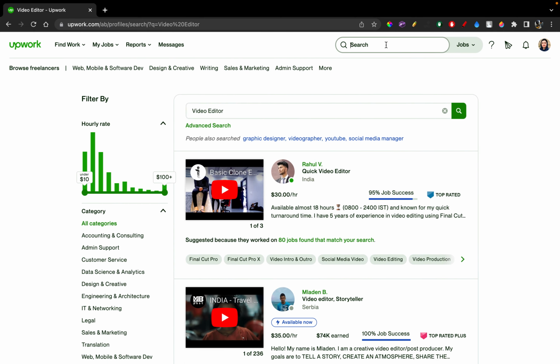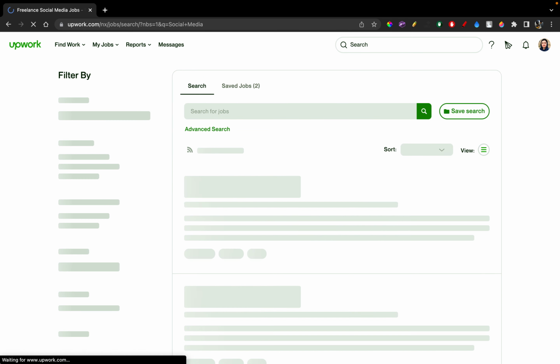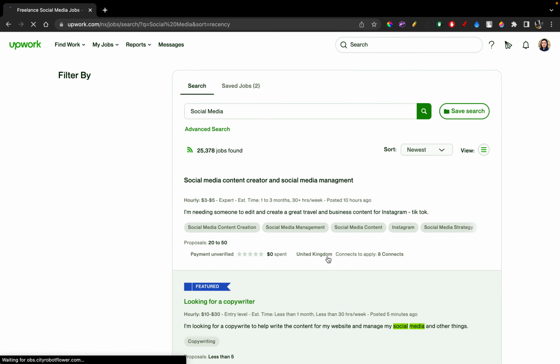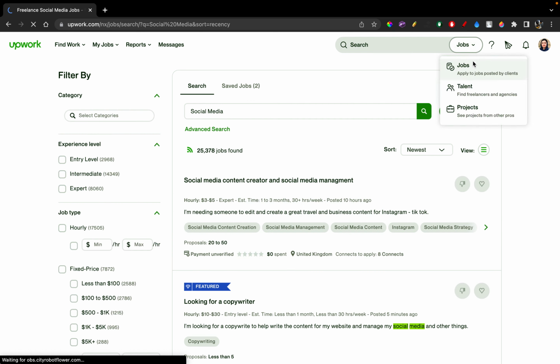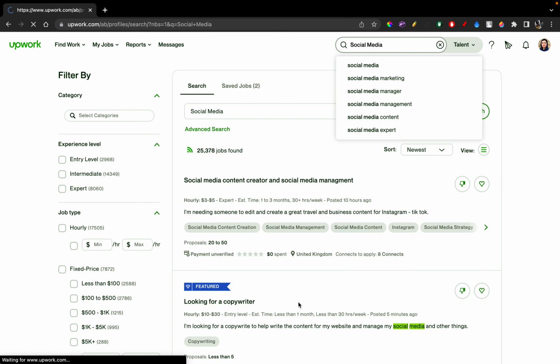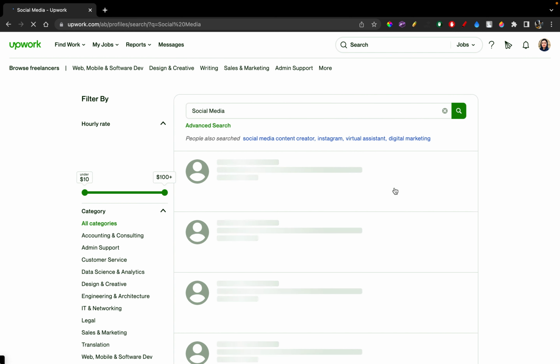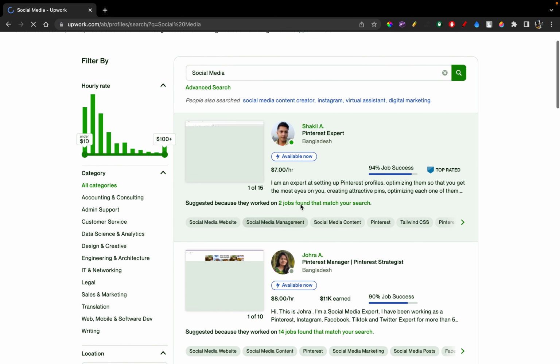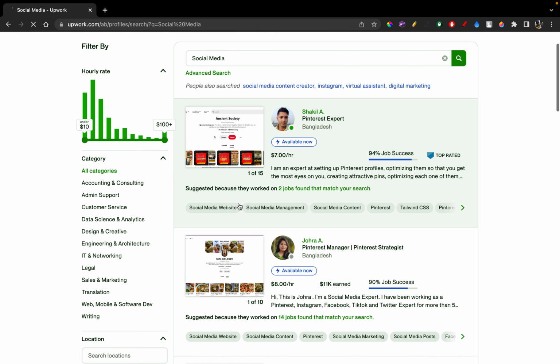So let's say you're finding someone related to social media. In that case, you're just going to type in social media and enter, and it's going to show you all the different people giving. Make sure you change it to talent and then type in social media, otherwise it's going to show you jobs. So as you guys can see, now it's showing me the different people who give the services at social media,